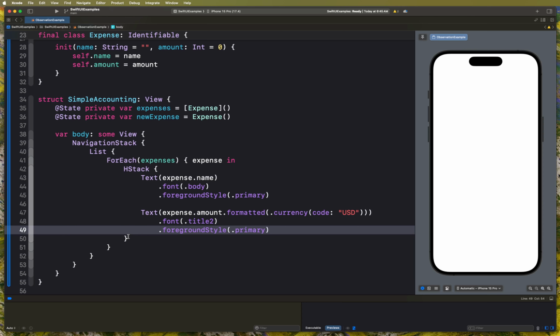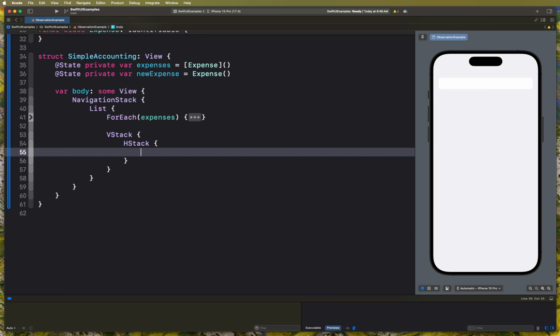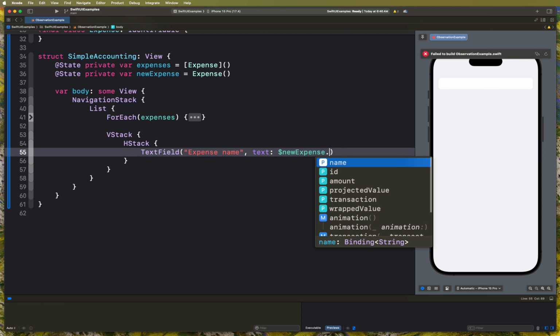So we're going to create a VStack under the ForEach, and this VStack is going to have an HStack, and this HStack is going to have two text fields. Expense name, bound to text, newExpense.name, and expense amount, bound to, once again,